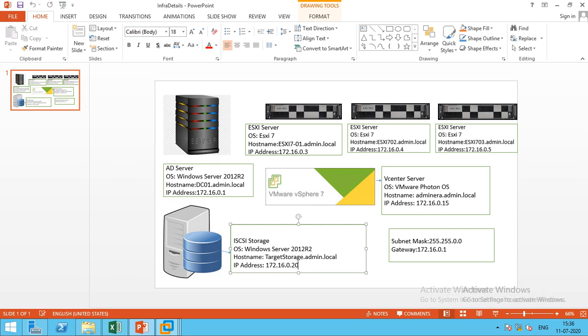ESXi 1 has the name ESXi7-01.admin.local, and the second is ESXi7-02.admin.local.